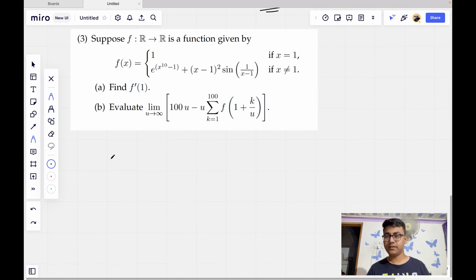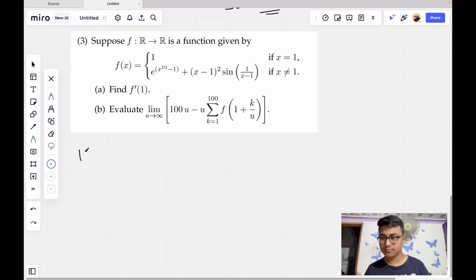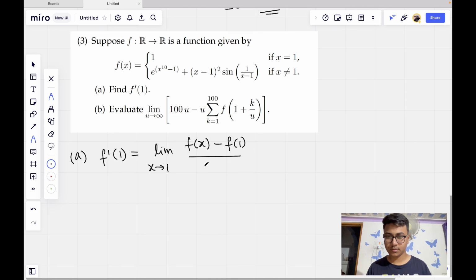So we'll just use the definition of a derivative. So this is just part 1, part A. F dashed 1 is equal to limit x tends to 1 of f of x minus 1 over x minus 1. This is very important to notice that we just can't directly state that f dash 1 is equal to limit. We are nowhere given that it is differentiable. So f dash 1 will be equal to this limit if it exists, or I should clarify, if